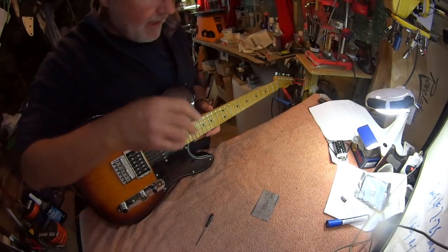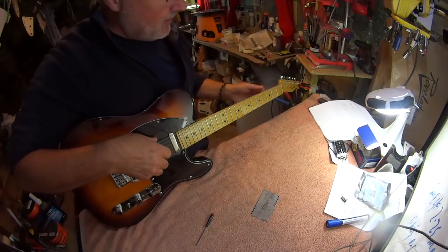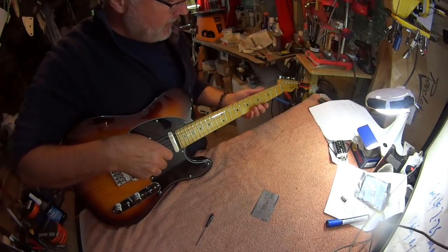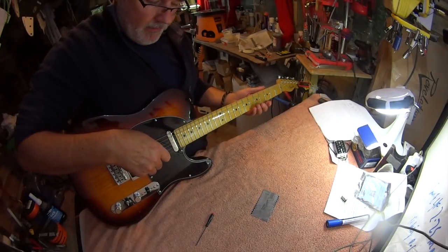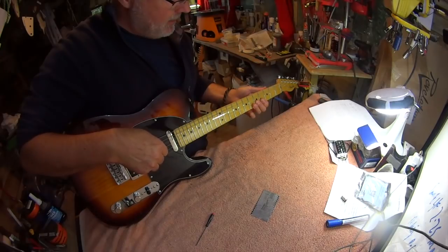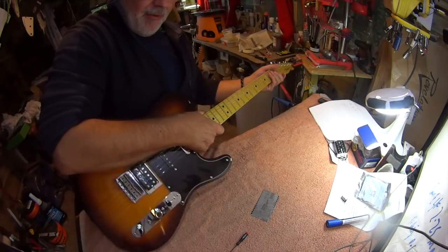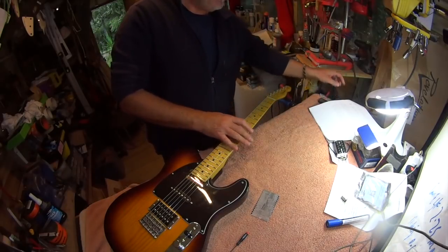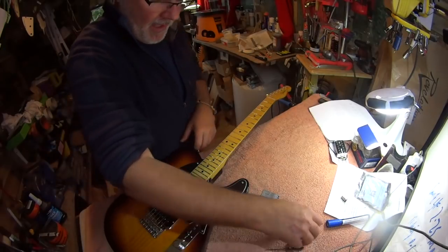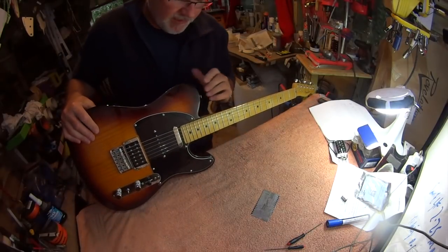So if you ever think you've got slight fret slap, where you hit the notes and it kind of goes somewhere down there, try doing it and then gently bending the neck forward. And you'll hear when you bend the neck forward just slightly, it often cures that, which is your way of knowing that it's a buzz being caused by the flatness of the neck, not by any fret issues. So in a way, for a low action, you're a victim of your own desires for a low action, in a sense, because